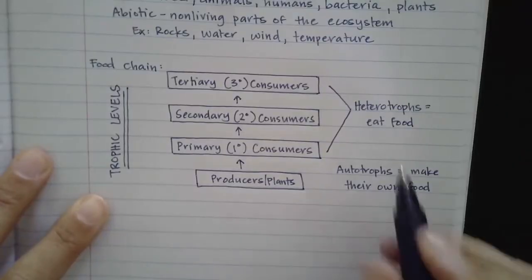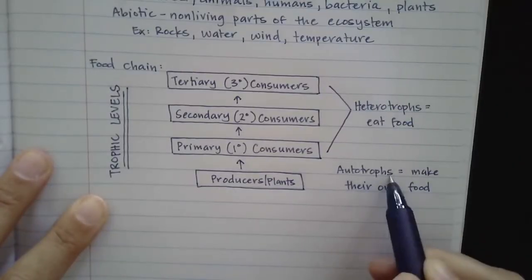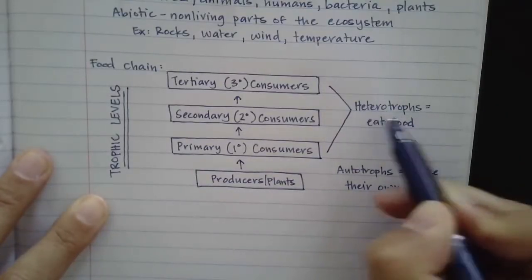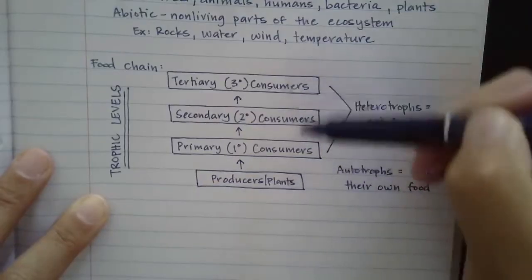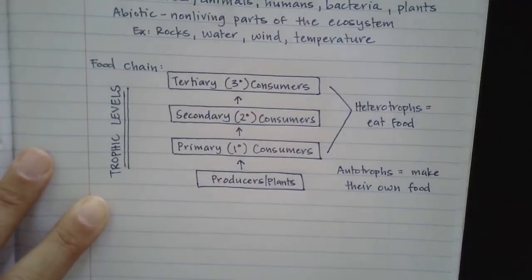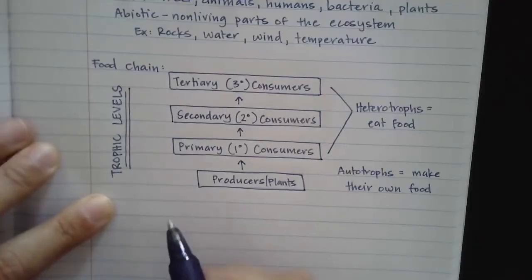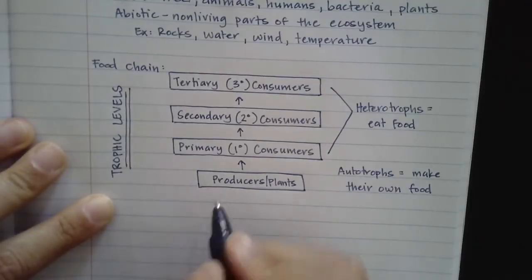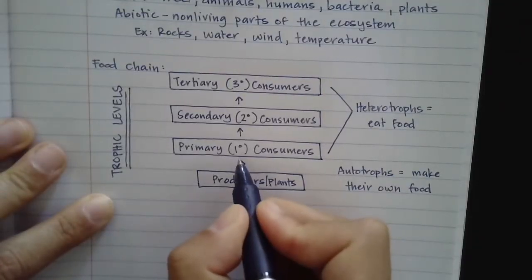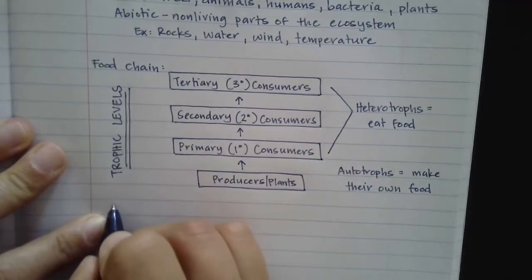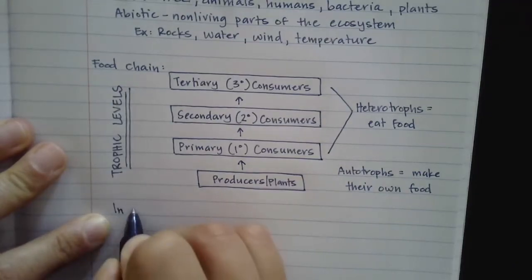Trophic, because we're talking about autotrophs and heterotrophs. So they're the levels of consumption. Now, in a food chain, there's only one species at each level. And that's going to be really important. So in a food chain,